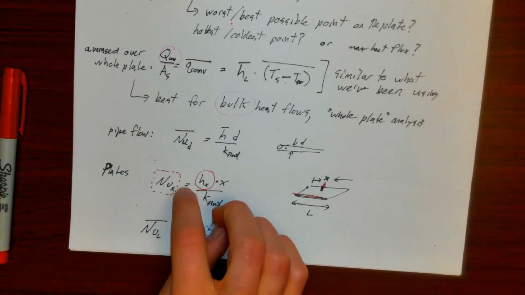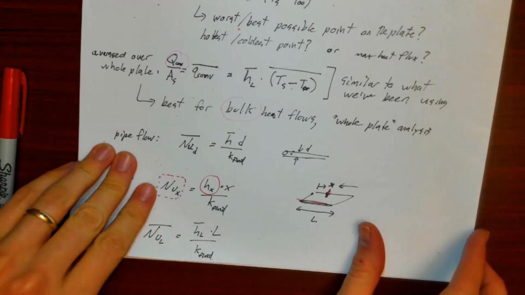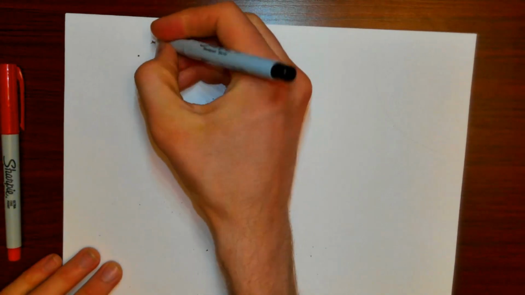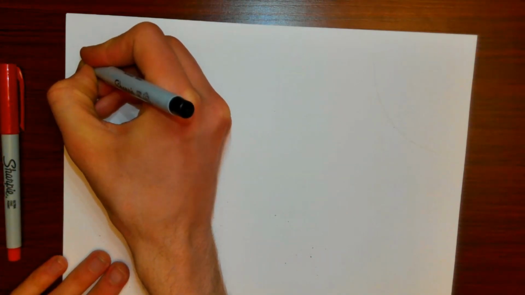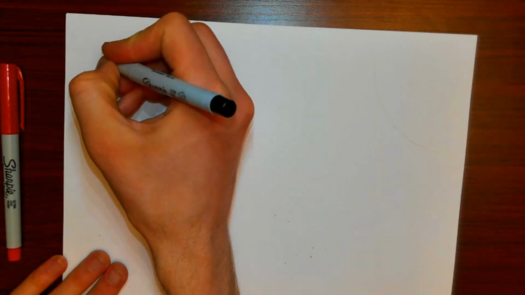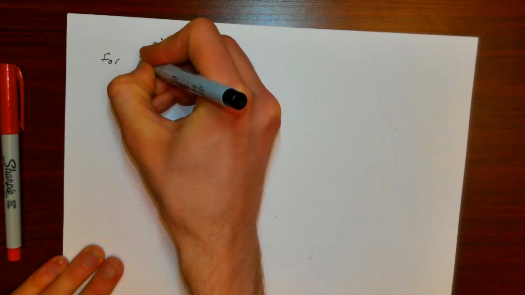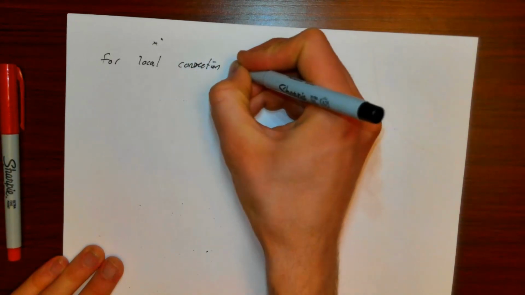In the same way that we had equations for these Nusselt numbers as functions of Reynolds numbers and other things, we can develop what these functions for Nusselt numbers are as functions of other stuff. So we can follow a similar rationale to what we did for Nusselt numbers for pipe flow, or the dependencies for H. So for local convection on a plate,